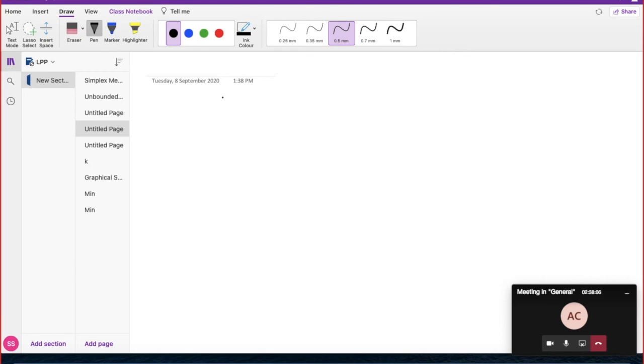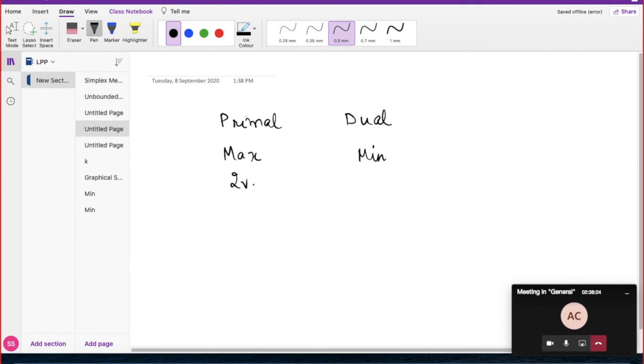First, before we start solving the primal and the dual relationship, you need to first understand. Okay, so if you have a primal, say it is a max problem, so you know the dual would be a min problem. Now, suppose in the primal I have say two variables and I have three constraints. Okay, so what will happen to the dual part? Can somebody tell me how many variables and how many constraints do I get in the dual?